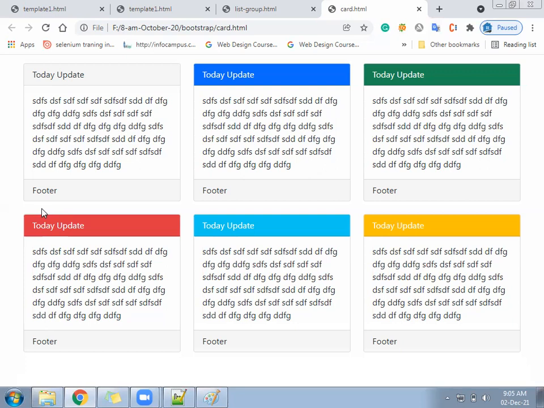All will come to your head: we are following Bootstrap, why did you write your own? If you write your own, so many problems will come. This application is already tested. So depending on your requirement and the discussion, the people decide whether to go for the ready-made library or use our own library.